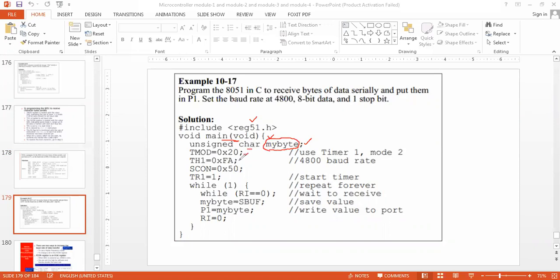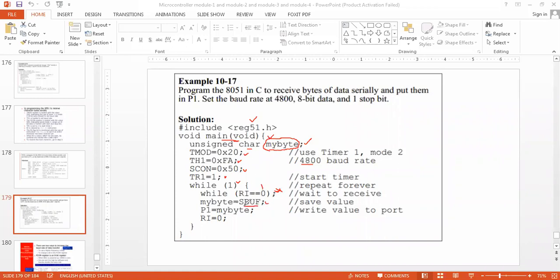TMOD register setup, then TH1 for 4800 baud rate, then SCON equal to 50H, so receive is enabled, and start the timer. Now continuously receive the data: while RI equal to 0, I remain in this while loop only. If RI is equal to 1, this loop will not be executed and I will go to the next statement.